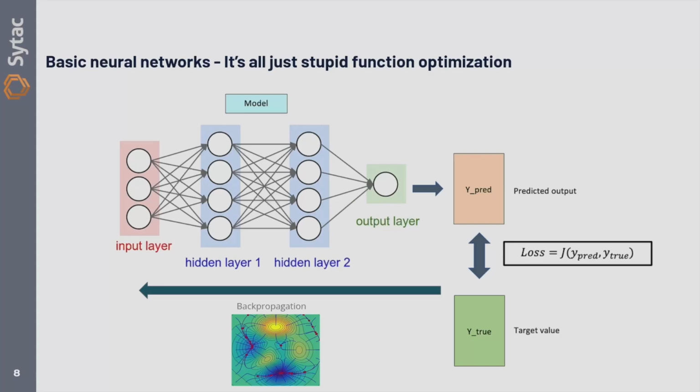So, what is a machine learning model, right? It starts with this. We have a target value, right? We start with input, and the input can be an image, can be text, it can be a bunch of numbers. We have a model. What is a model? A model is basically just a function. We have input, and it does some calculations on those numbers, and it generates a bunch of output numbers. That's it. Input numbers, output numbers.